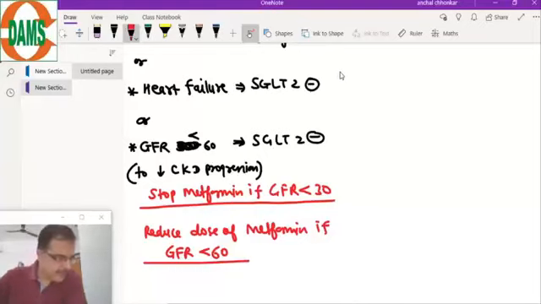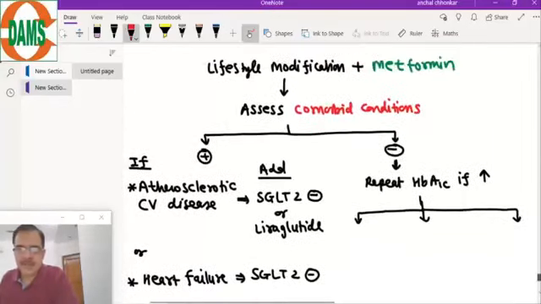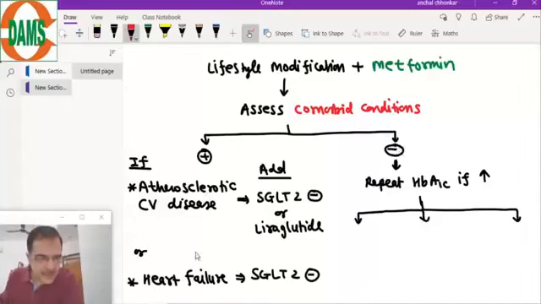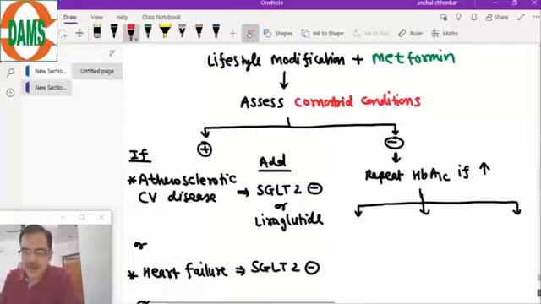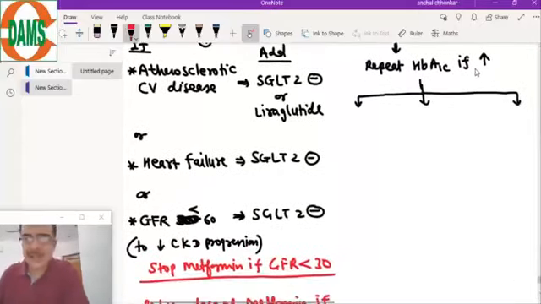Now, is one value of fasting okay to start the drugs? No. As I told you in the first class, diabetes diagnosis should be proved on two occasions. Then we go ahead. Now, if a patient has been given the metformin and there are no comorbid conditions of these three: atherosclerotic disease, heart failure, and kidney failure, then we will take only these three comorbid conditions for assessment. Now, what we will do if HbA1c is still high, then according to the patient, we will add another agent.